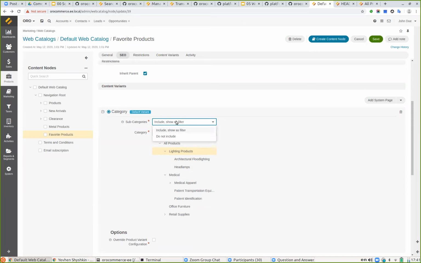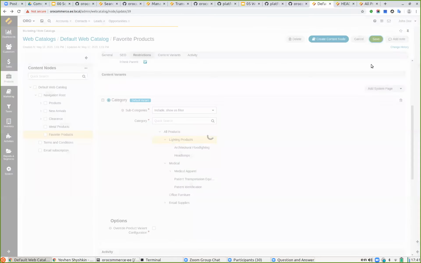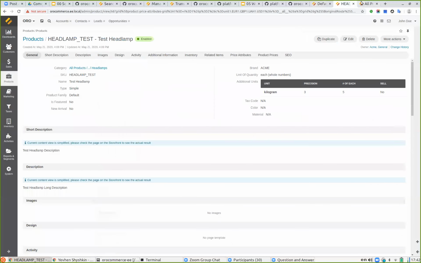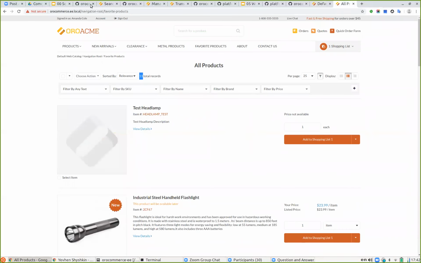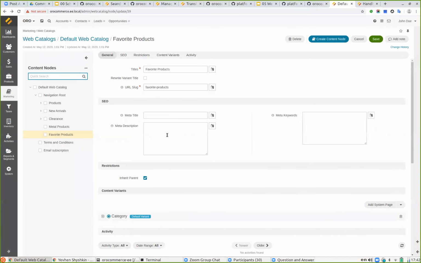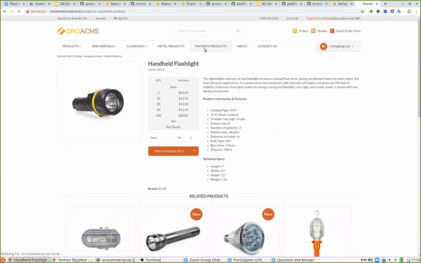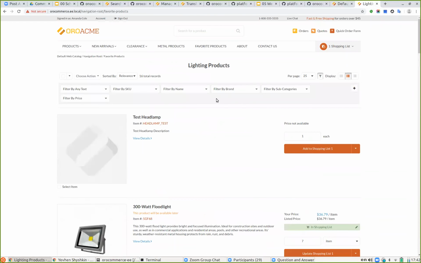And sometimes customers prefer not to show embedded products and show only lighting products without architecture of lighting or headlamps. In this case, the do not include option has to be set. Let us try first with the show as filter. Let me check it. Favorite products. Yeah. So now we see 16 products from that master catalog category, and we also see a